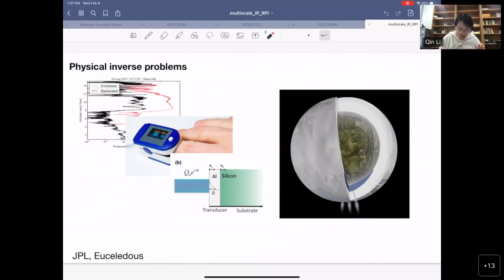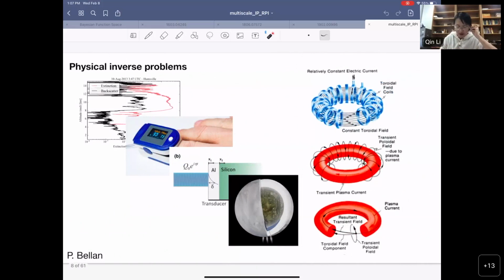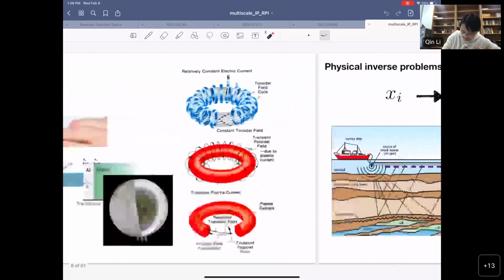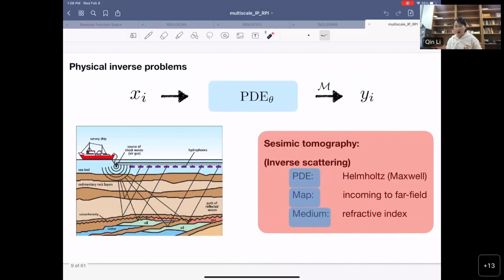So that's also a very typical inverse problem. So there are many more. We probably should not go through every single one of them. But at the end of the day, what I wanted to say is that inverse problem is everywhere, and all of them can be formulated as minimizing some mismatch function so that my underlying forward PDE solvers is accurate. Okay, so let's get down to the problems that we want to talk about.